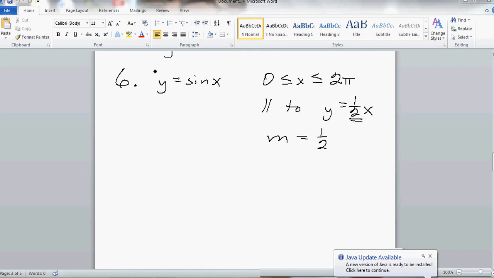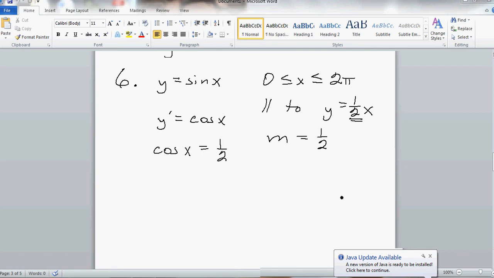Now how do we find the slope of this? What we do is we take the derivative, just like always. So to find the slope, the derivative of sine of x is the cosine of x. So we need to know, where does the cosine of x equal 1/2 in just one revolution? So cosine of x is equal to a positive 1/2 in either quadrant 1 and quadrant